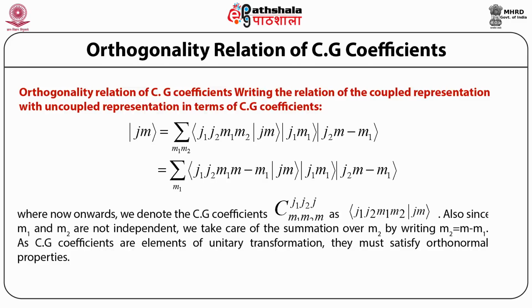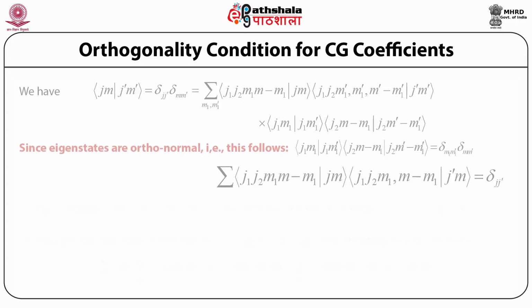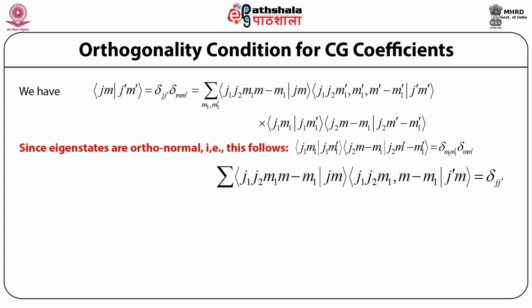Now, since the Clebsch-Gordon coefficients are elements of a unitary transformation, they must satisfy the orthonormal properties, the orthogonality condition for Clebsch-Gordon coefficients. Now, using the above description, we have the state <J M|J' M'>